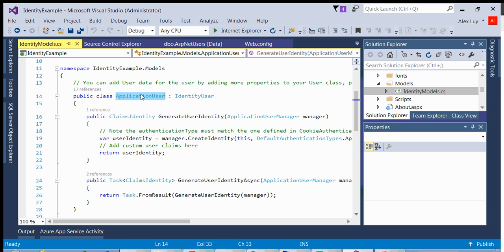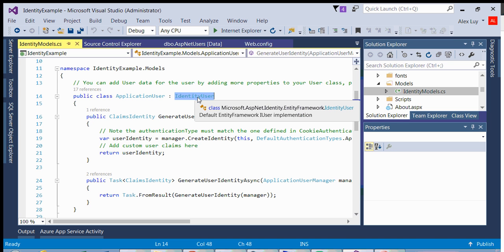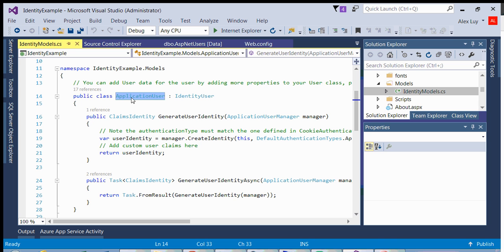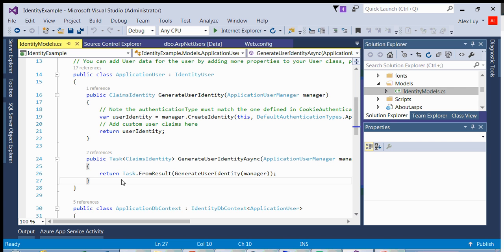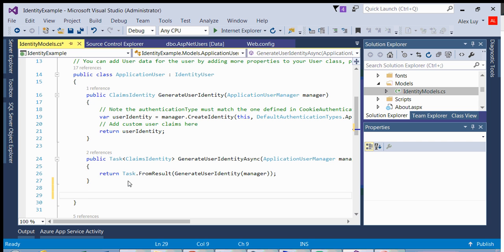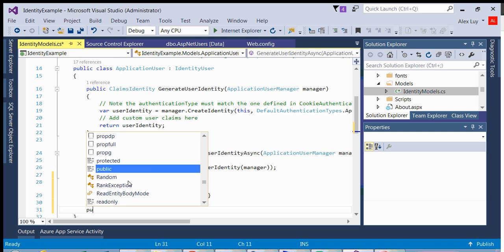you will see an application user class which inherits from identity user. Identity user has a couple of attributes, and this is actually inheriting all the properties and attributes from identity user, and within here we can add our new custom fields. You can also create a user profile class and include it in here, and then you can create your properties in there, but for the sake of simplicity we will just add our properties here. So if I create a first name field and a last name field,